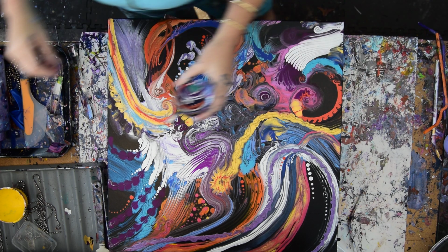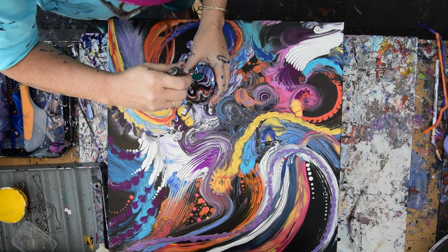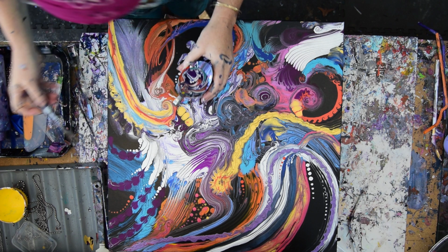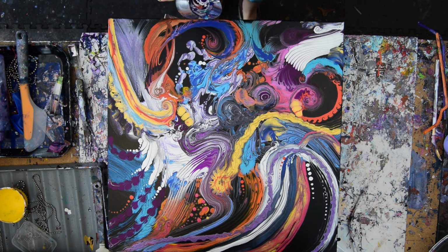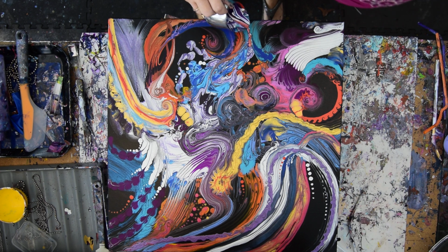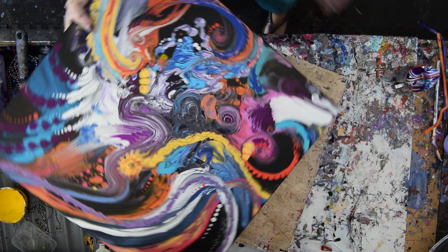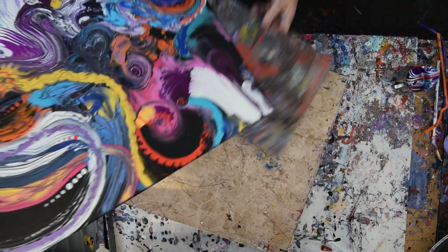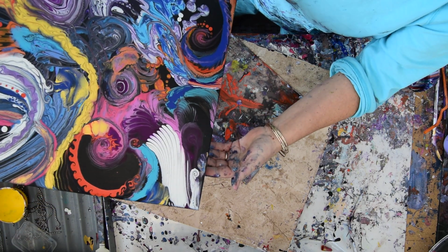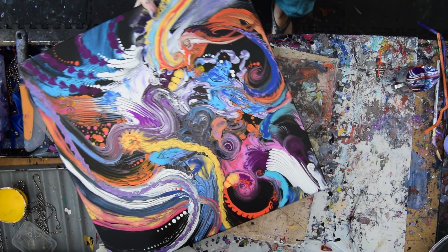Yeah, this is important not to do that right now. So I'm really tempted to go ahead and put a fork or a basting brush in here, and I have a thread. So I'm going to stir those colors up just a couple times. And then I'm just going to do what I do best. Take chances. And I am going to freely pour paint wherever it wants to go. Hopefully right down onto